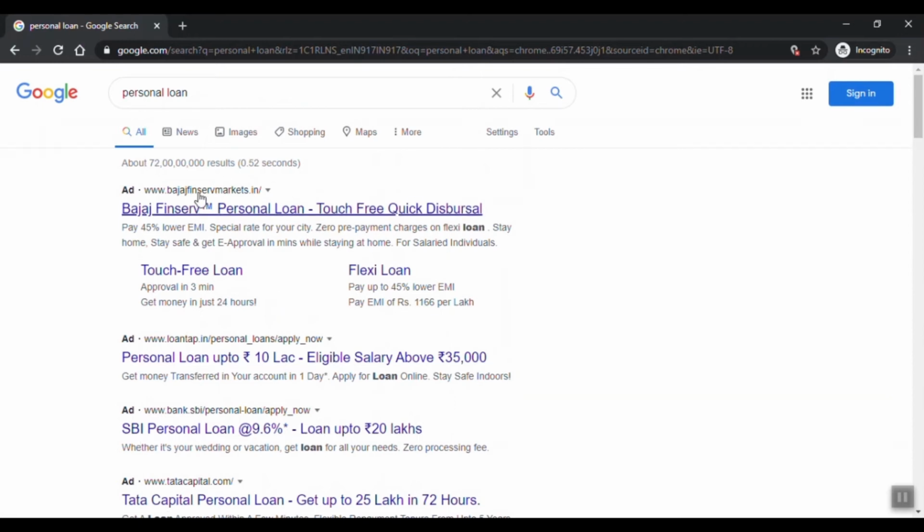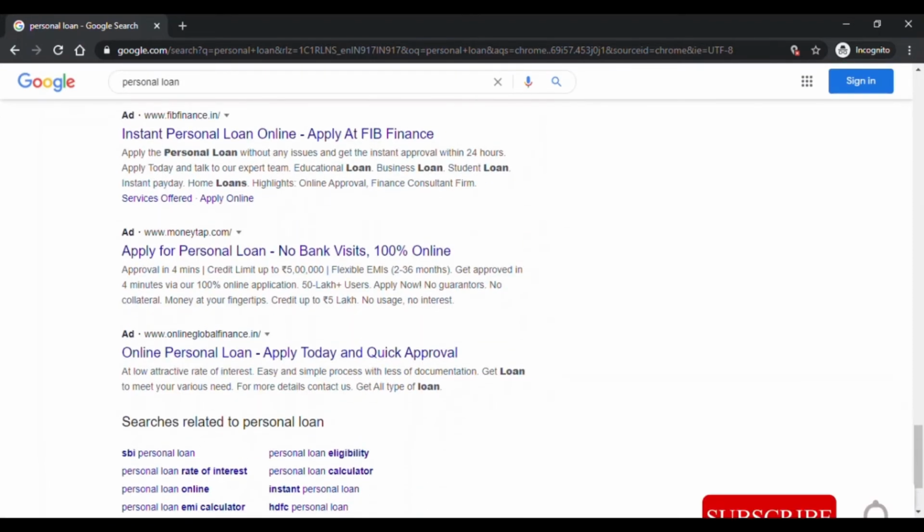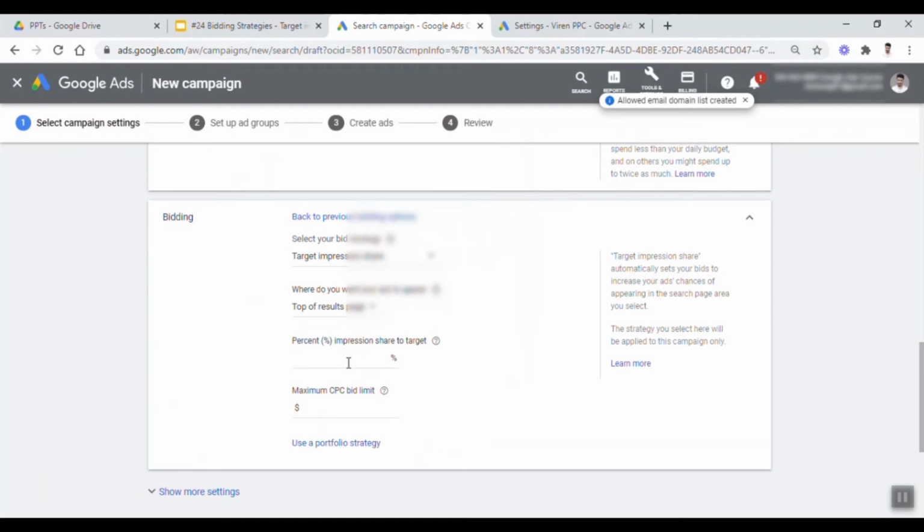Keep in mind, depending on the position, this is going to get you a higher CPC, this is a little bit less, and this will be even less. So keep that in mind. If you are bidding for this position, you will pay a high CPC. Let's say I want the top of the page result, and I want to achieve 70% impression share. When you are bidding for the top of the results, particularly absolute top and top of the results, I recommend you must set a max bid.